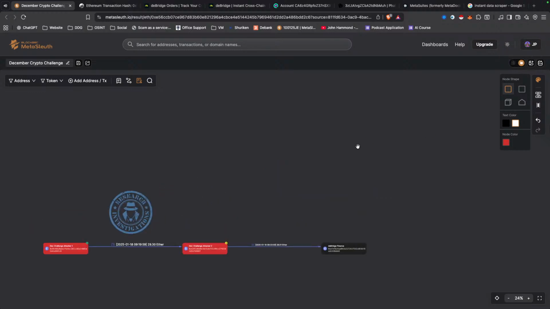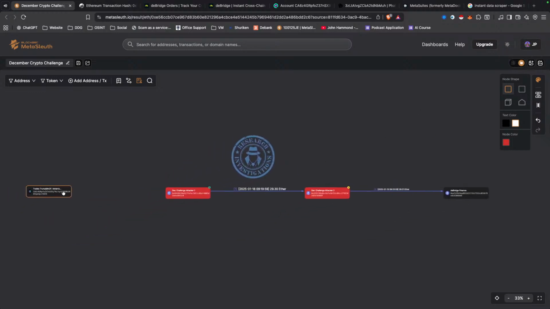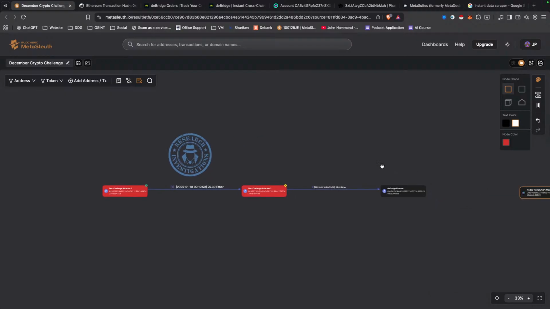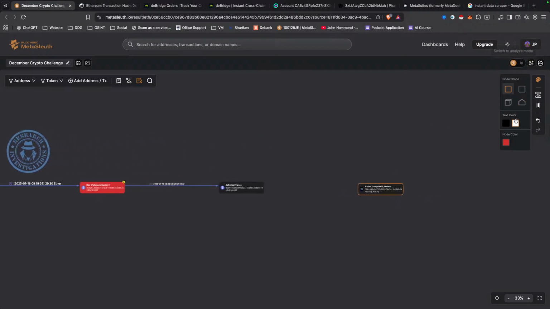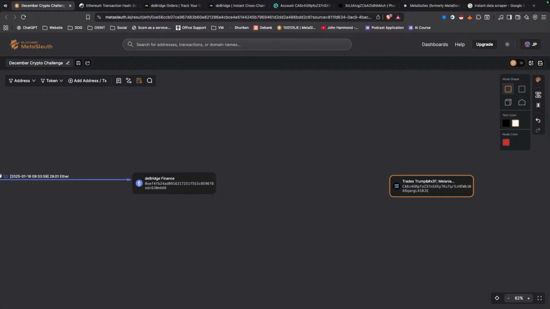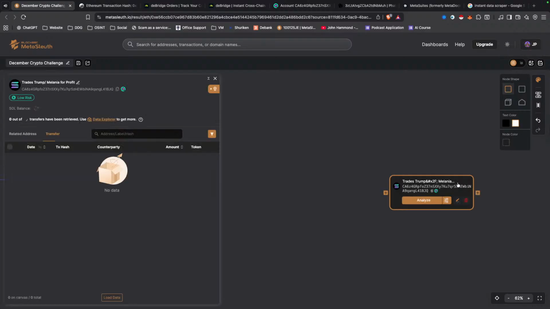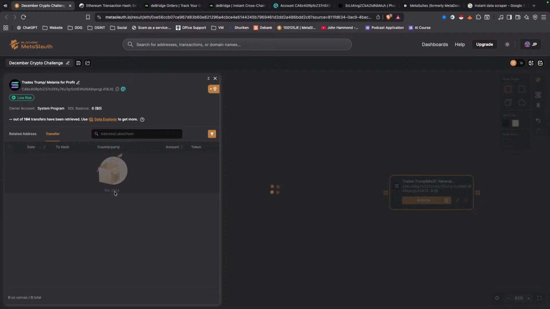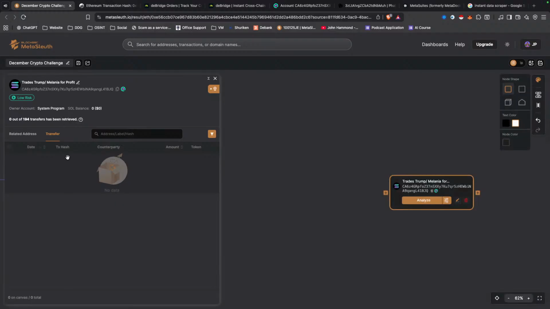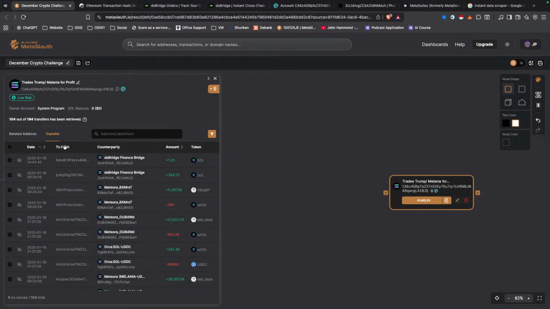On MetaSleuth, you have the option of moving nodes, so I'm just going to put that after. I like to try to keep the asset flow on the same line, in the middle of the screen as we're showing now. So what we would need to do is show that initial bridge in. So we search all transactions, we put it in ascending order.